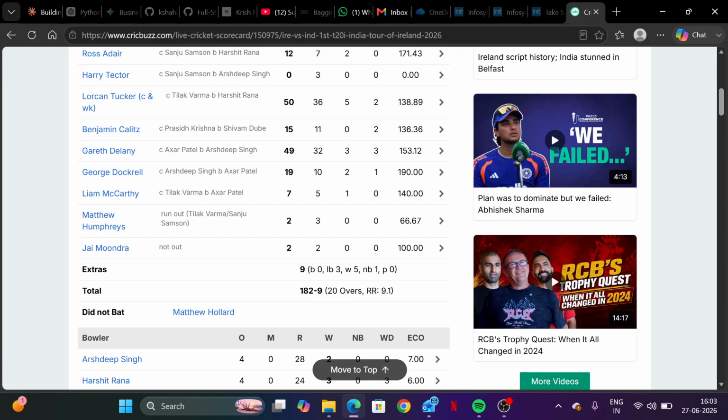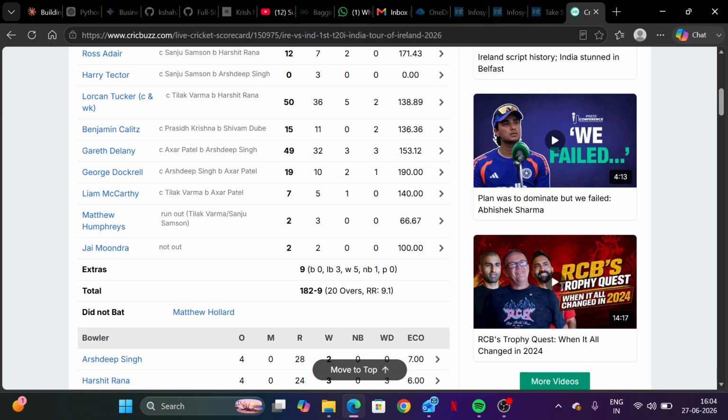This is the bulk of Ireland's first choice pace attack, and the team that replaced them, built around two debutants, still beat the reigning world champions. This makes the result even more remarkable than the scoreline suggests. I think the single most underrated fact about this entire match, the most important and most beautiful thing, was the two debutants who debuted for Ireland.